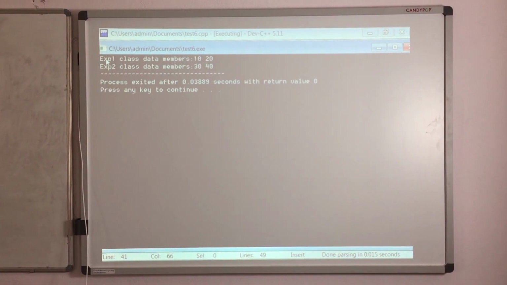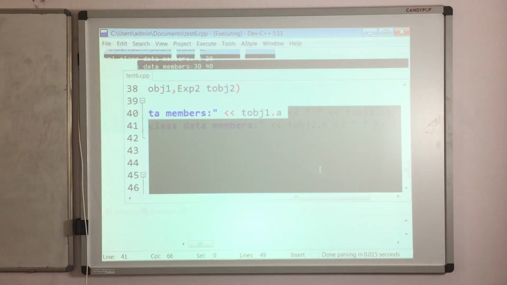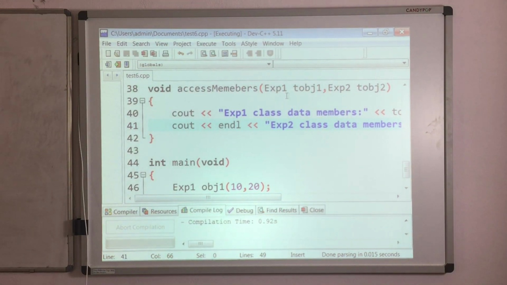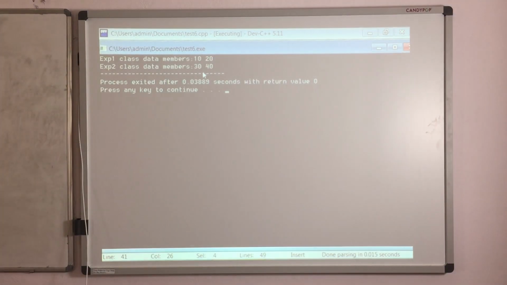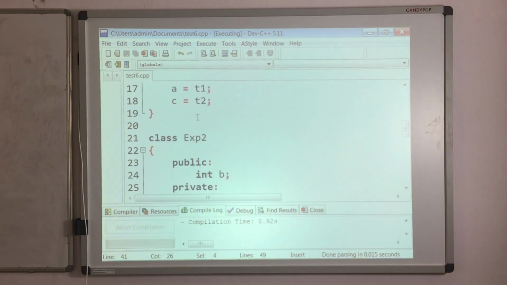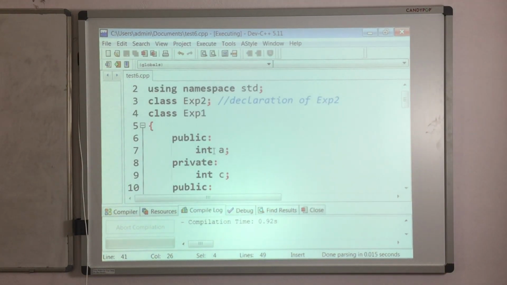Yeah, now you can see this entire thing we are doing inside one single function, access members only. We are printing the data members of exp1 as well as the data members of exp2. When you see the output here, this 10 we are getting from A, which is public, but this 20 we are getting from C, which is private in exp1.